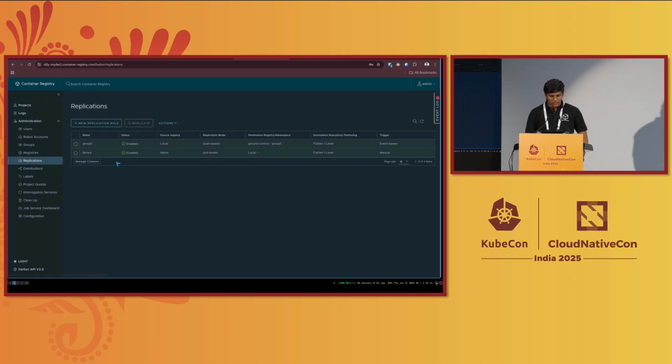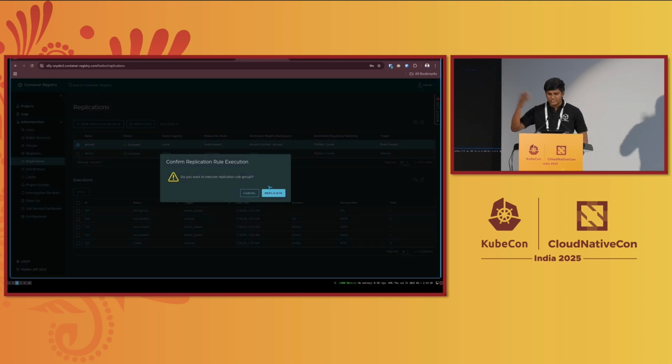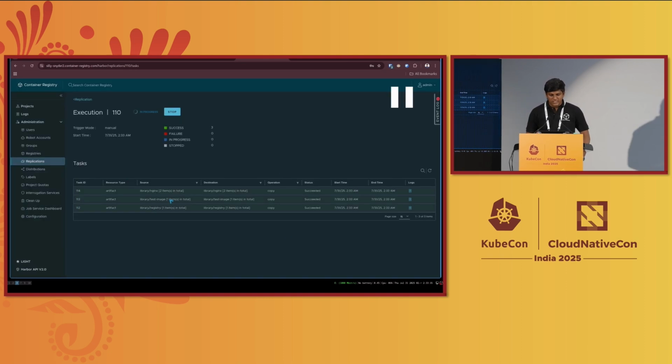Now you can see we have a replication feature in Harbor where you can replicate stuff from one registry to another. Since satellite itself is a registry, you can see satellite previously had 2 artifacts, Nginx and test image. Now we are telling satellite to have 3 artifacts instead of 2.